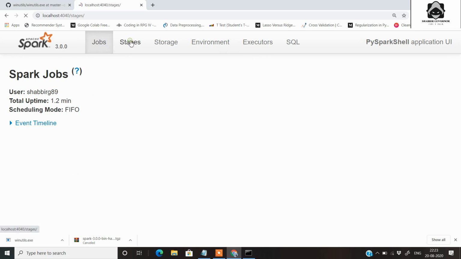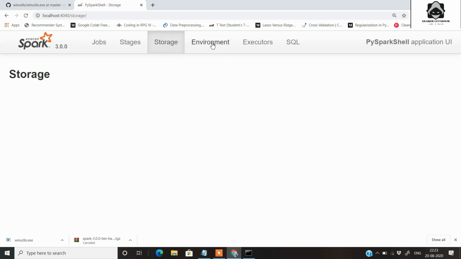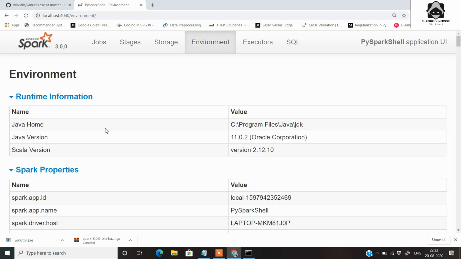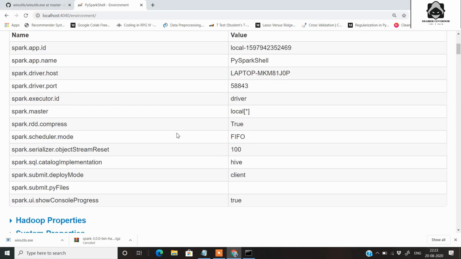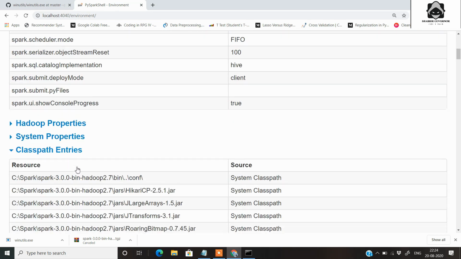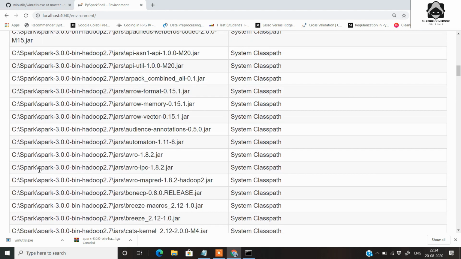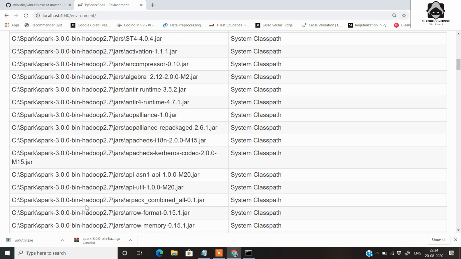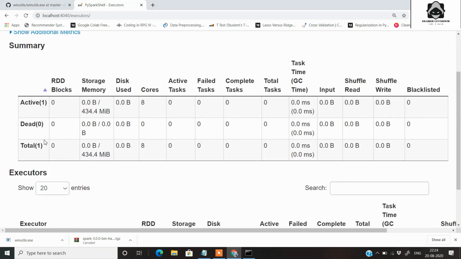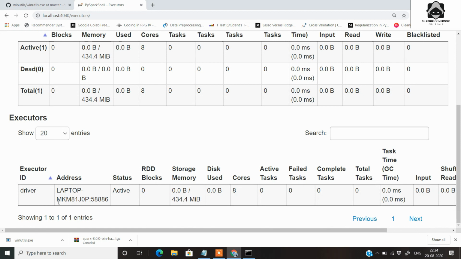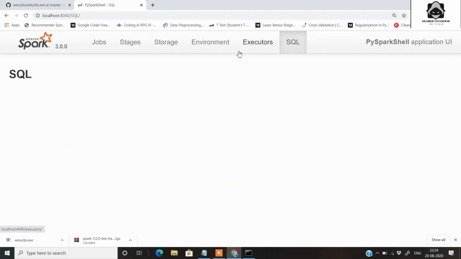Here you get the jobs, the stages, the storage, and the environment, which shows which Java version you have, where it is stored, which Scala version is installed for this Spark, the name of the PySpark application, the Hadoop properties, the class path, and each and every detail that you wish to see about your Spark environment. You also get the executors that are running, the active executors, dead executors and the total ones. You can also check the pipelines inside your Spark environment using this single localhost address, and you can also check the Spark SQL queries running.